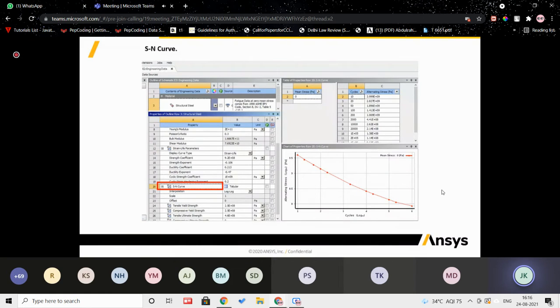So that has to come from the experimental or test setup. Usually the provider providing the component or the material will have this data. So you can get those data and directly input them in ANSYS for your fatigue calculation setup. So in addition to elastic properties, you need the SN curve data if you want to determine the fatigue life. Can you go to the next slide?